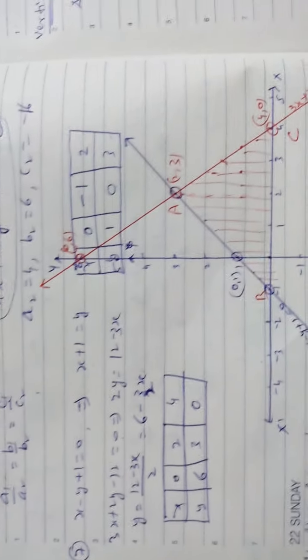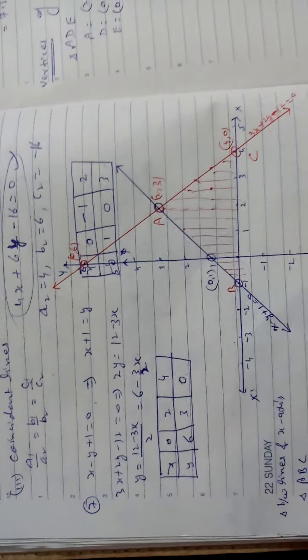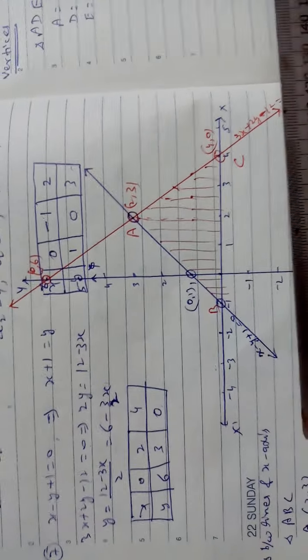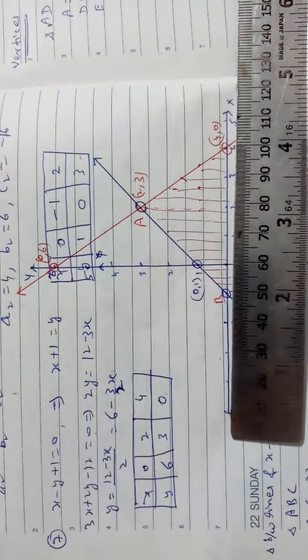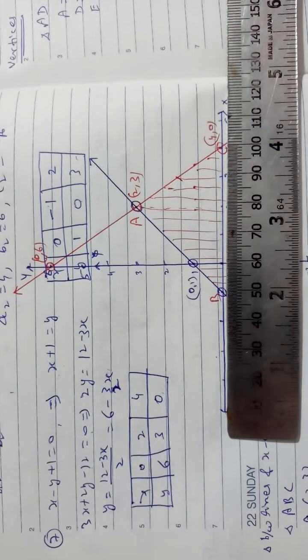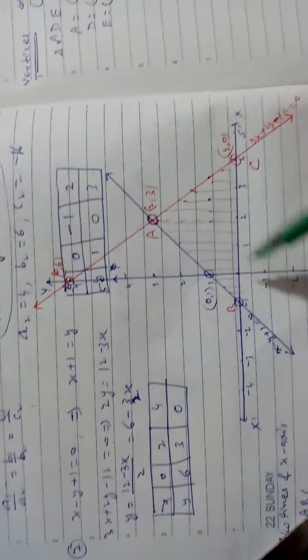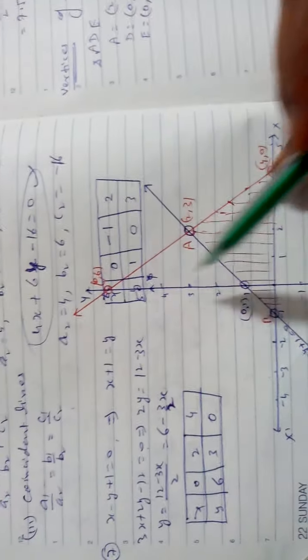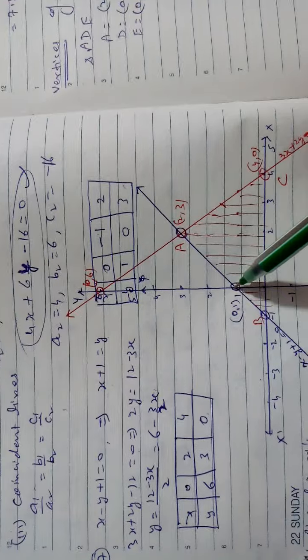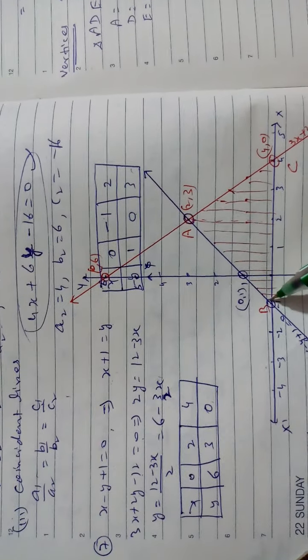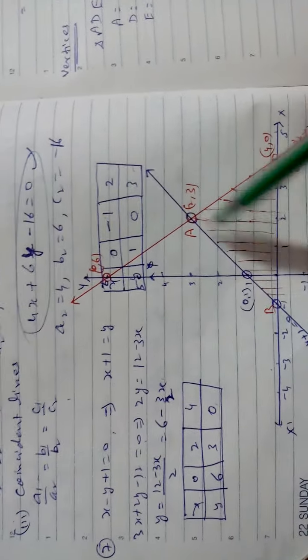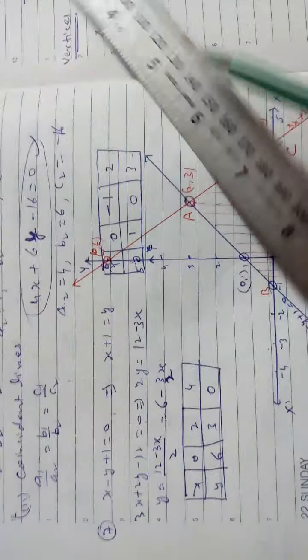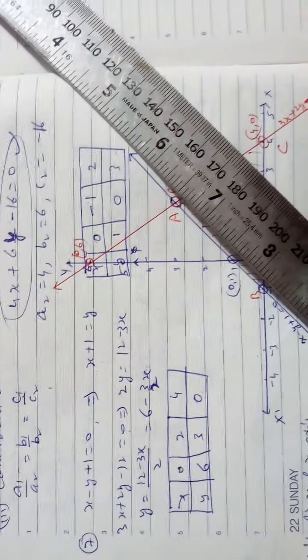I have put the scale, measuring 1 centimeter each, not a graph. I am taking 1 centimeter, this exact measurement like a graph. So 0, 1, 2. Here the first point I have gone 0, 1. 0, 1 is the first one. Minus 1, 0 is the second one. Then 2, 3. And then join it. By the scale I have joined. First line drawn and I have written the equation here.